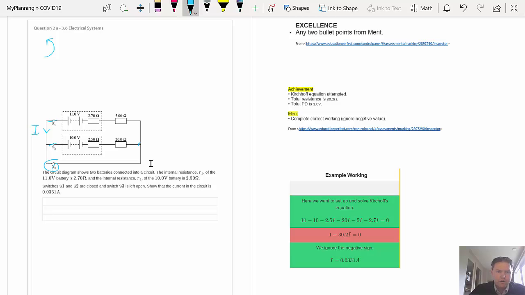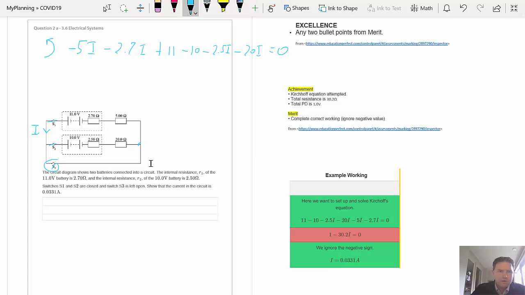It could be wrong, and if it's wrong then it's negative, that's fine. And so I'm going with the current: minus 5i, going with the current minus 2.7i, going from little to big, plus 11, from big to little, minus 10, with the current minus 2.5i minus